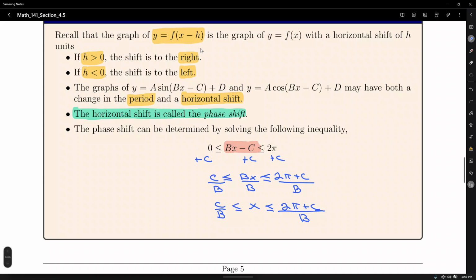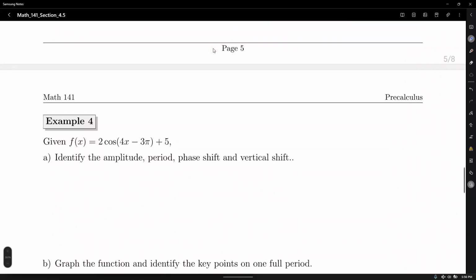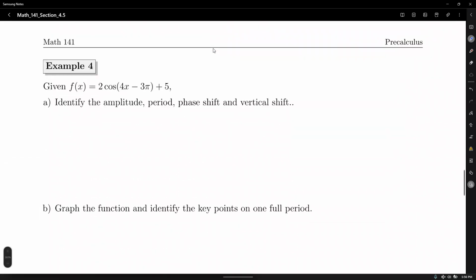So let's prepare for a more in-depth analysis of the graph of a trigonometric function. Number one, given f of x equals 2 cosine of 4x minus 3 pi plus 5. They're asking us to identify the amplitude, the period, the phase shift, and the vertical shift. So we're being asked to do a lot more for every single example. So, number one, first things first, the amplitude,